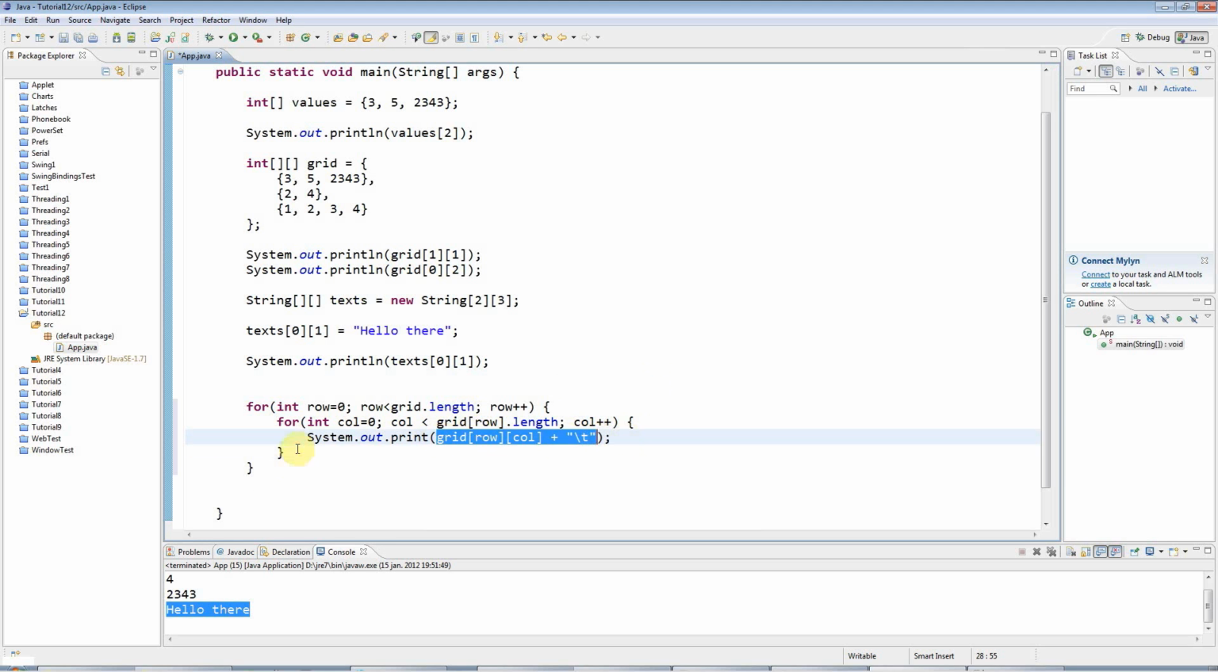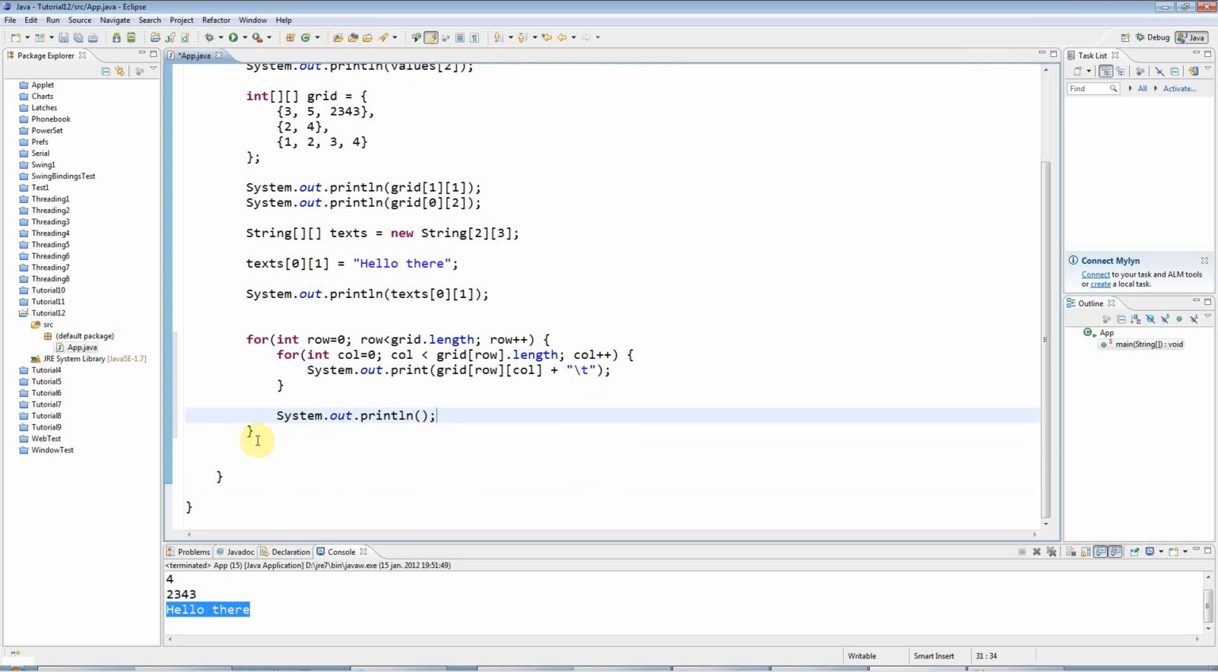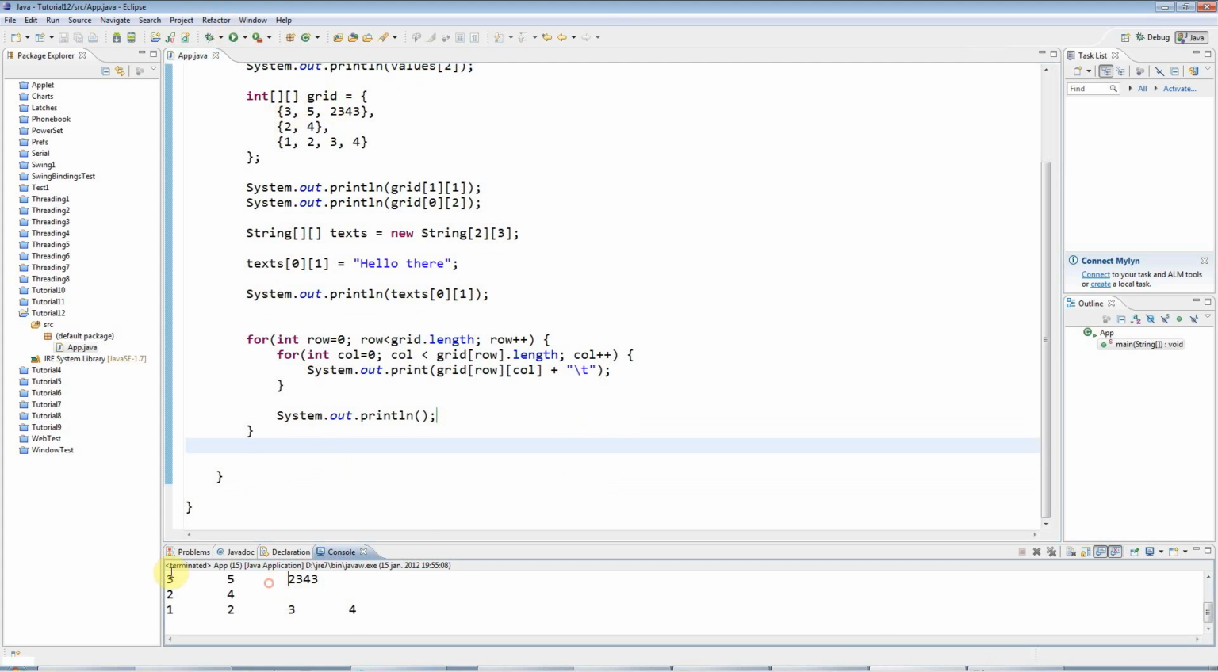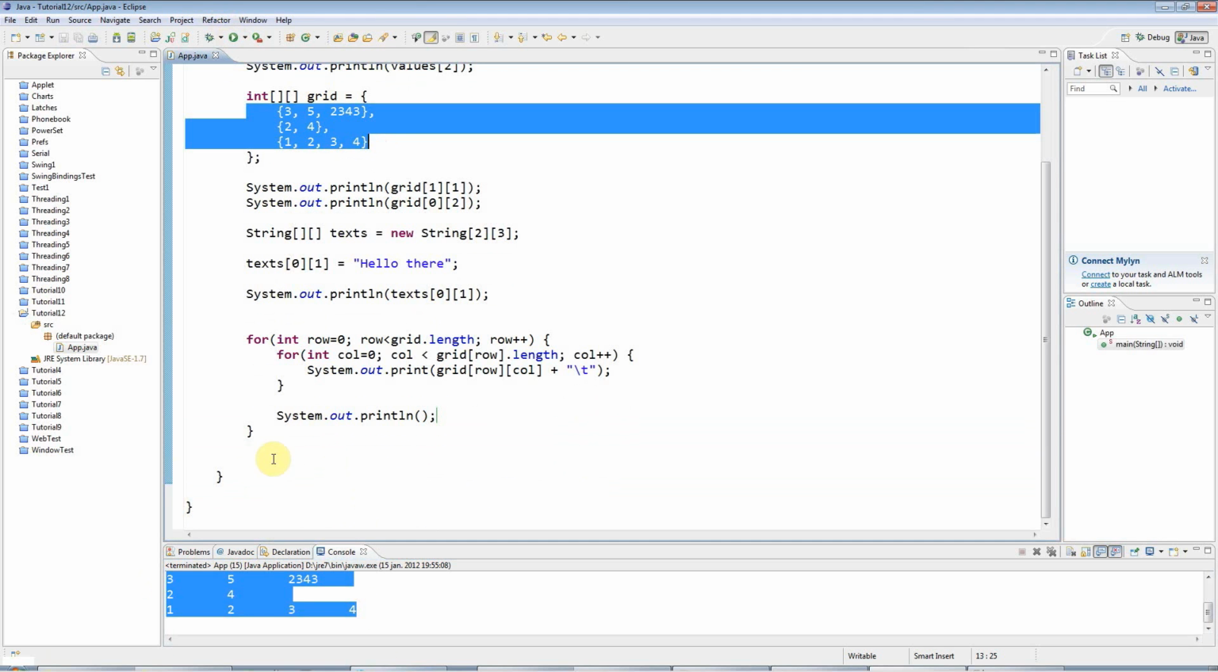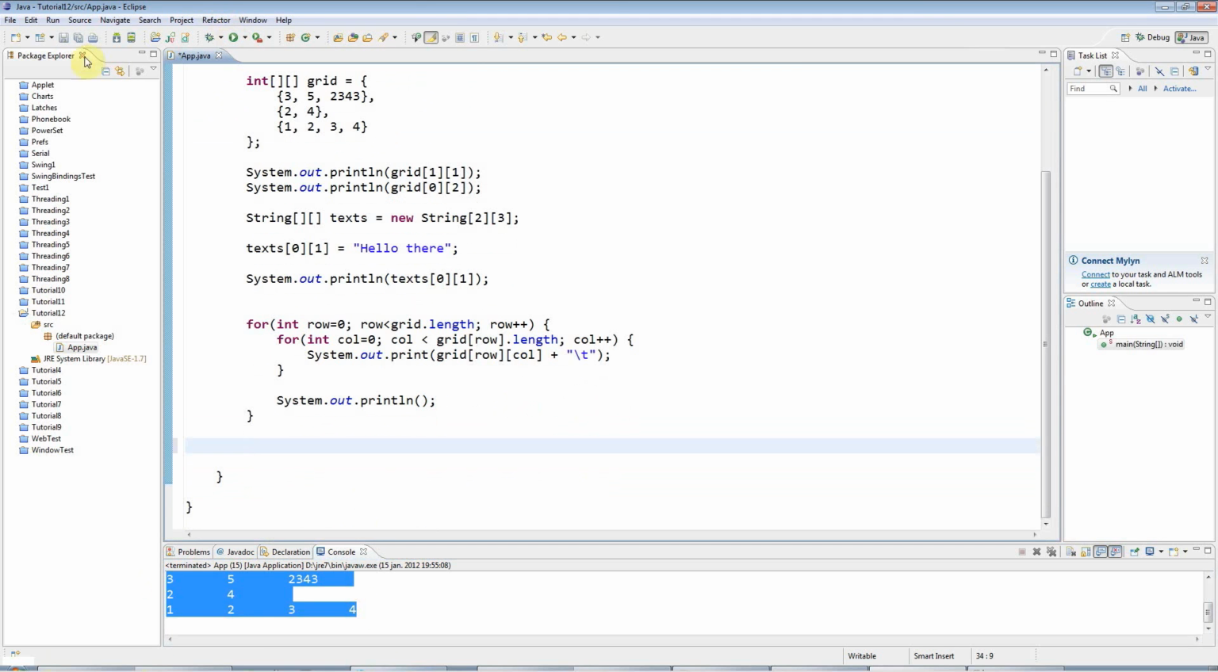And then after each row, so within the outer loop and not within the inner loop, I want to output a new line. So I can just output an empty sysout.println. And this is quite complex, but just play around with it, look at the code, try and change it, and you'll soon get the hang. So if I output that, it's outputting my grid of numbers here, nicely formatted as here. Okay, I mean that's about it for